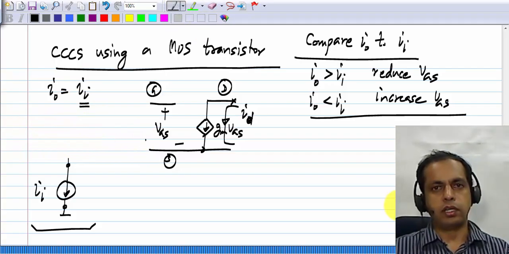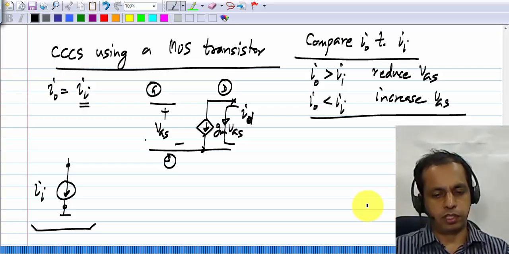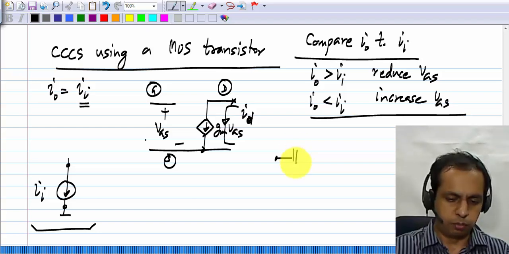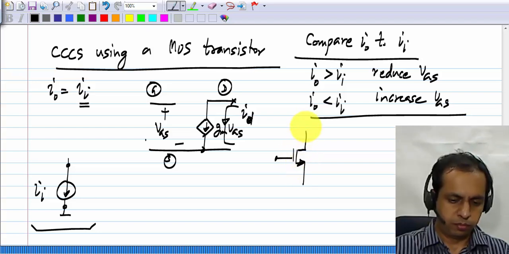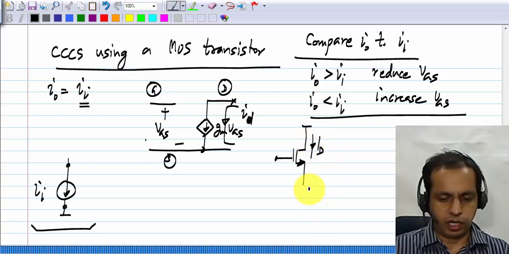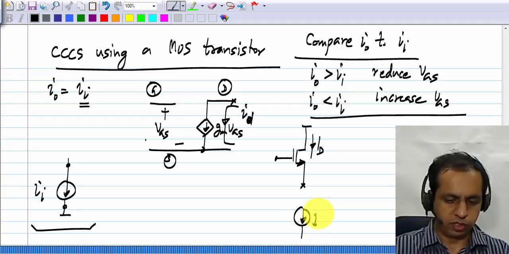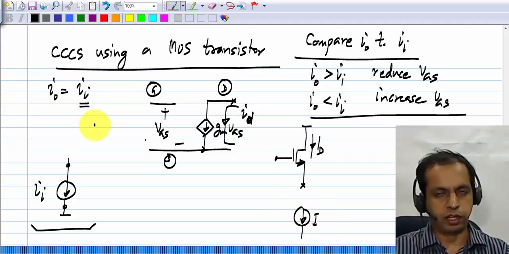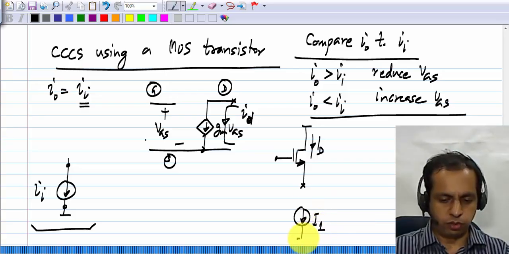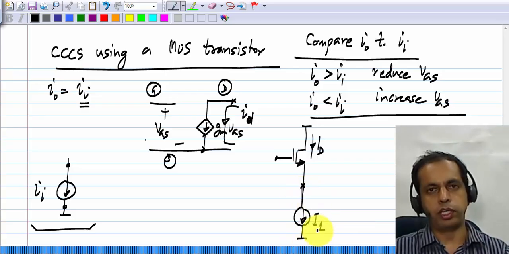Now it turns out that the most convenient way of doing it for signals is to essentially copy the source feedback biasing. Okay. What did we do here? We had a certain drain current ID and we wanted to make it equal to a given current source. Let me call it I1, just to not confuse with the other I0. We wanted to make ID equal to I1. We connected these two together so that